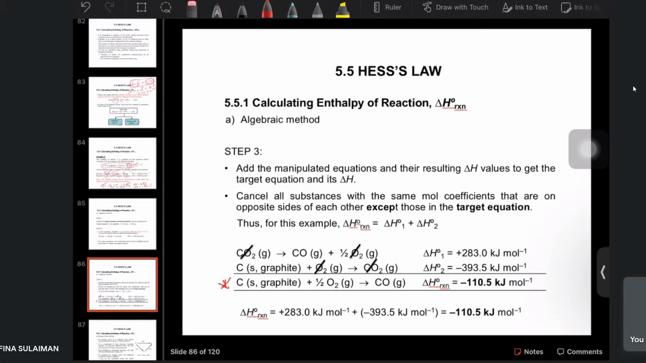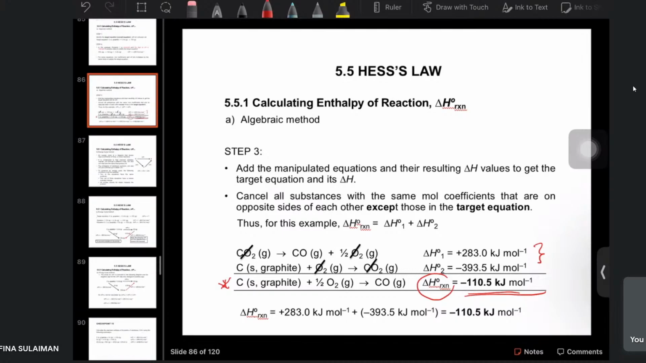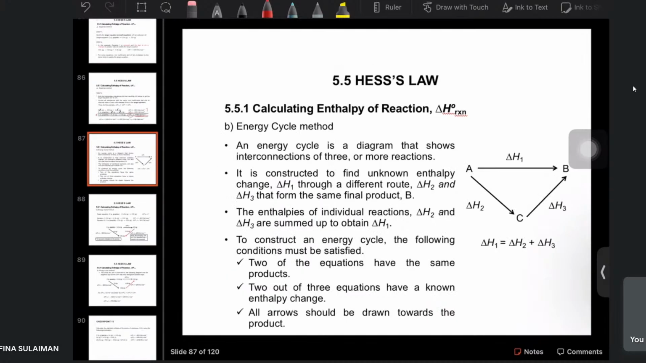Okay, then macam nak dapatkan data H naught reaction dia ialah, okay, you tambahkan these two dan you akan dapatlah nilai delta H naught reaction for C plus half O2 produce CO gas. Okay. The second method is energy cycle method. Okay, so an energy cycle is the diagram that shows the interconnections of 3 or more reactions. Okay, it is constructed to find unknown enthalpy change, delta H1 through a different route, delta H2 and delta H3